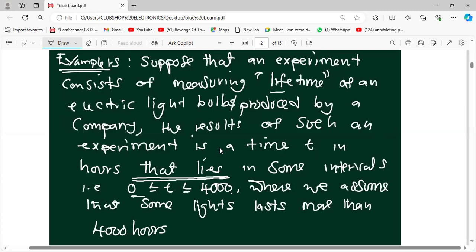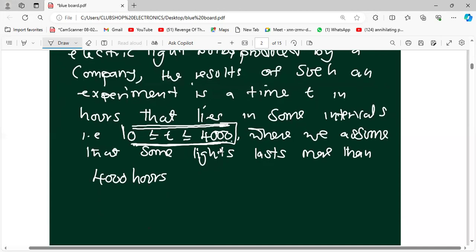So you can have between 0 to 4,000 hours as desired, but some may be more than that because it's an experiment that is being done randomly. Okay, so this machine may make bulbs whose lifespan is in this range, but as well, they have some where the lifespan is more than that. Okay,